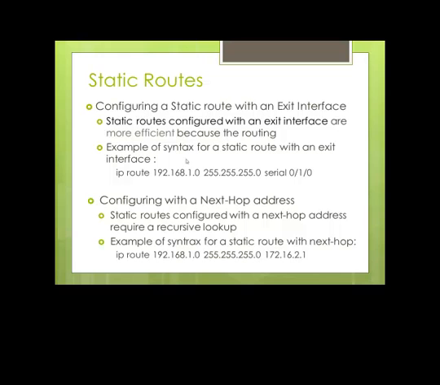The second way in which you can configure a static route is by using a next hop address. So instead of telling the router exactly what interface to send out, you tell it what the next hop address is or what router to send that packet to next. Here's an example. We type in ip route 192.168.10.0 255.255.255.0 and then the next hop address or the next router that we need to send to get packets to the